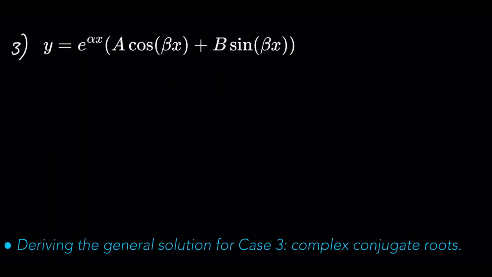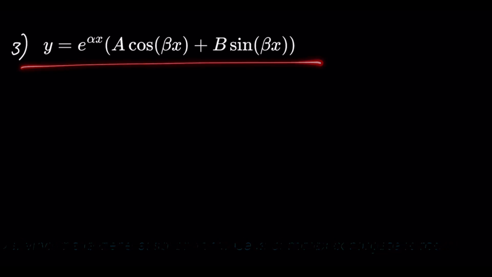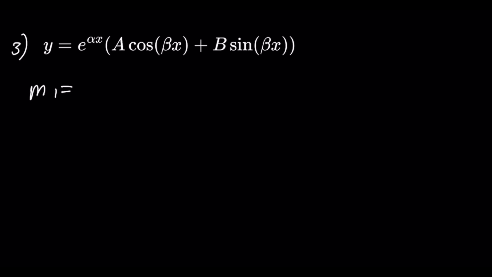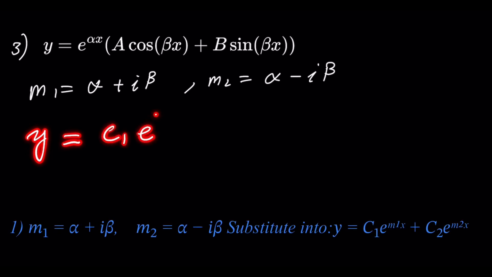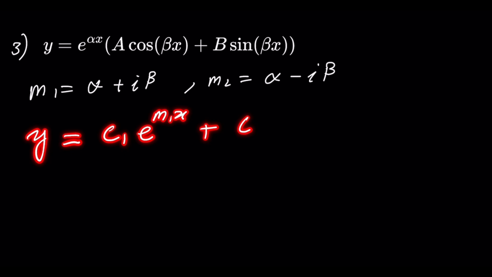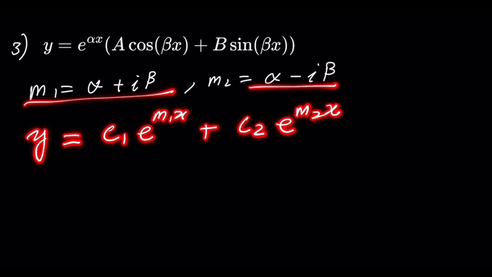Now let's see how we can derive the general solution of the third case. In the third case, we had discussed that the roots we are going to get are complex. So m1 is equal to alpha plus iota beta, and m2 is equal to alpha minus iota beta. Now we are going to be substituting this into the general solution, c1 e power m1x plus c2 e power m2x. Substituting m1 and m2 into their respective positions, we get